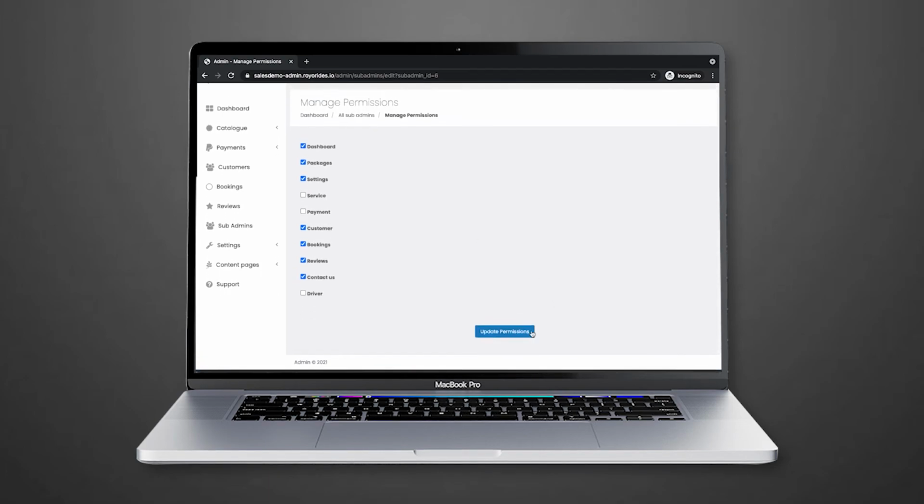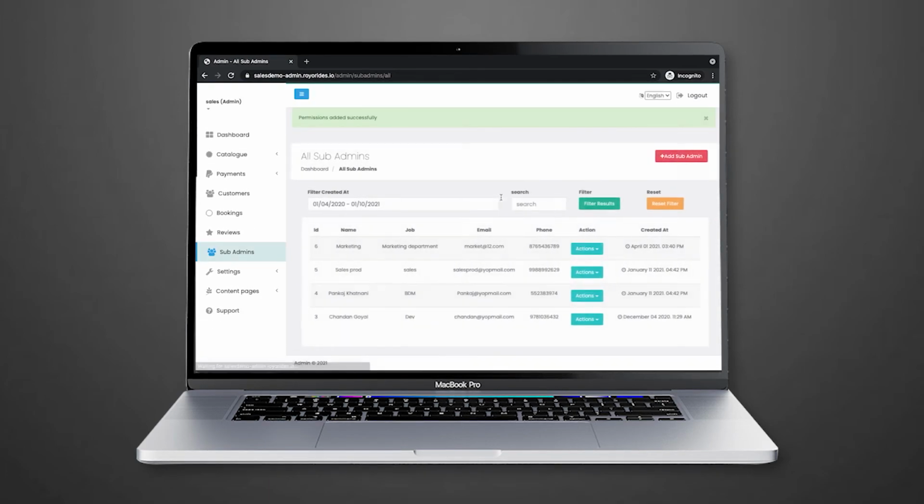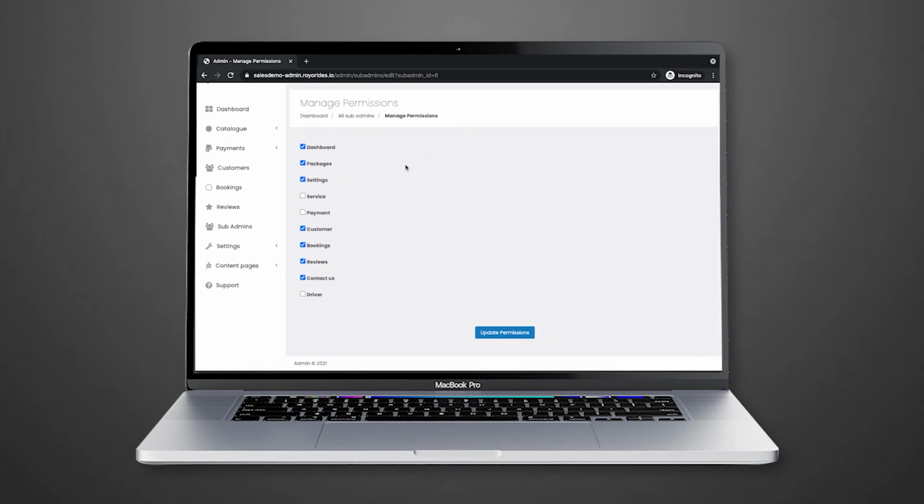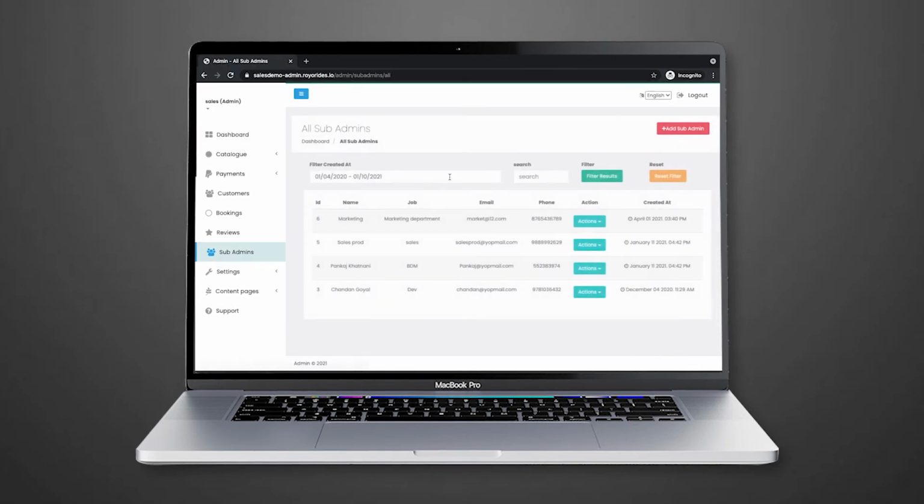So a person who signs in with these credentials won't be able to see the dashboard and some other permissions that I haven't allowed him. So this is how sub-admins work, and it's a really helpful feature for a growing business.